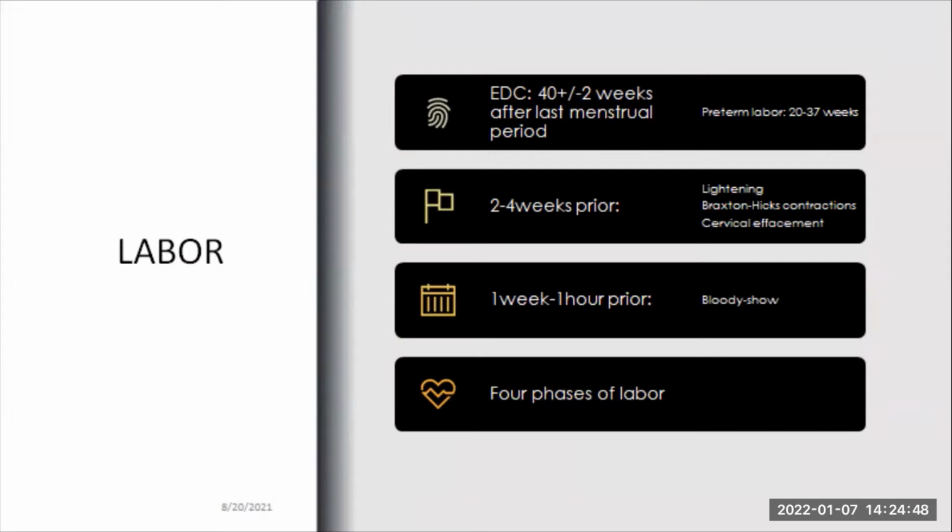The first stage of labor begins from those strong, intense contractions to the full dilatation of the cervix. The second stage begins from full dilatation of the cervix to the delivery of the baby. The third stage begins from the delivery of the baby to the delivery of the placenta. And after that, we have the postpartum phase, which comes with blood control, control of hemorrhage, and all of that. Those are the different stages of labor when a lady goes into full labor. Therefore, in the next slide,